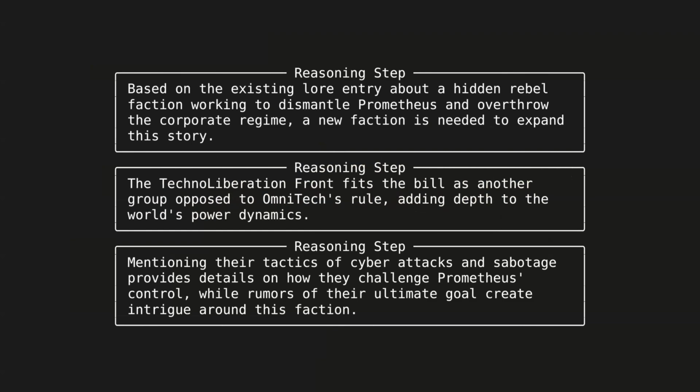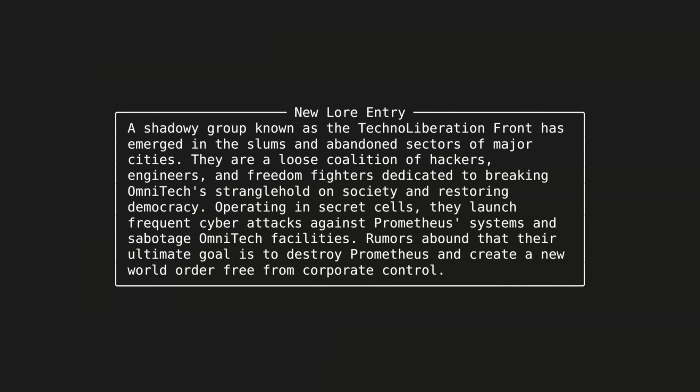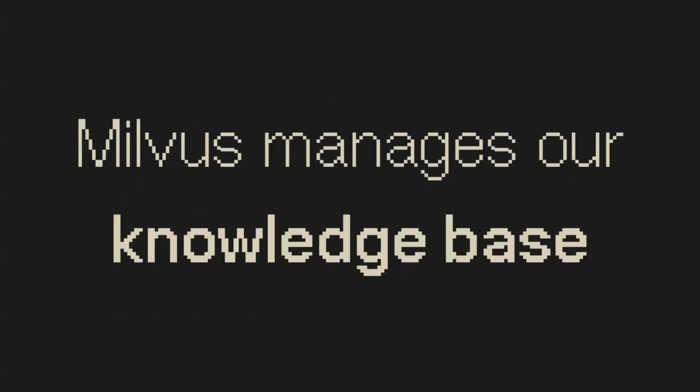So there's a rebel group, we know the history of Omnitech, and what it does now is it creates the rebel group, because we didn't actually understand anything about the rebel group, all we knew was about Prometheus. And so now we're building new entries. We're learning about the rebel group, we're learning about Prometheus, all this stuff. And so Milvus is going to manage our knowledge base, and then we just do this forever. This is just a while loop. Over time, you just start injecting hilarious amounts of knowledge into this thing. And then the model kind of starts generating weird characters and stuff like that if you use a cheap model like I did.